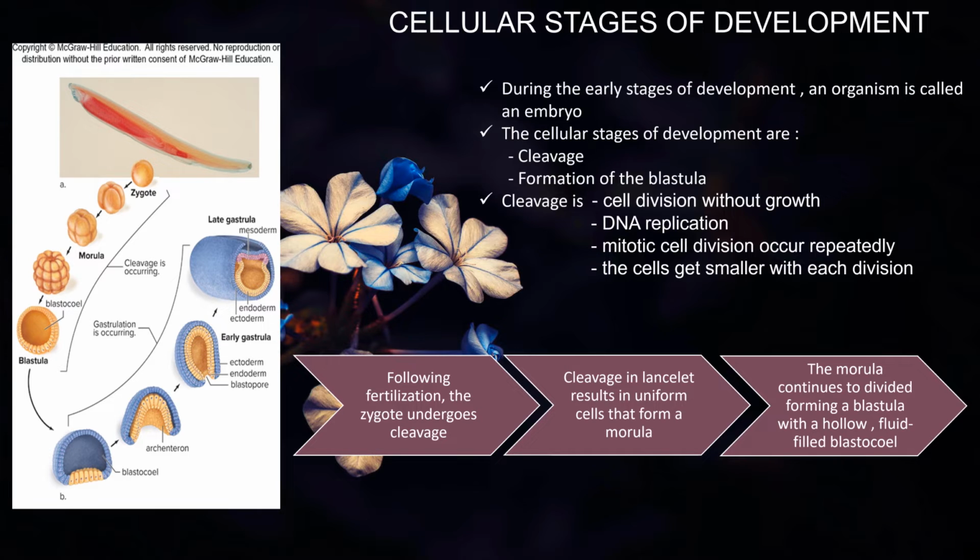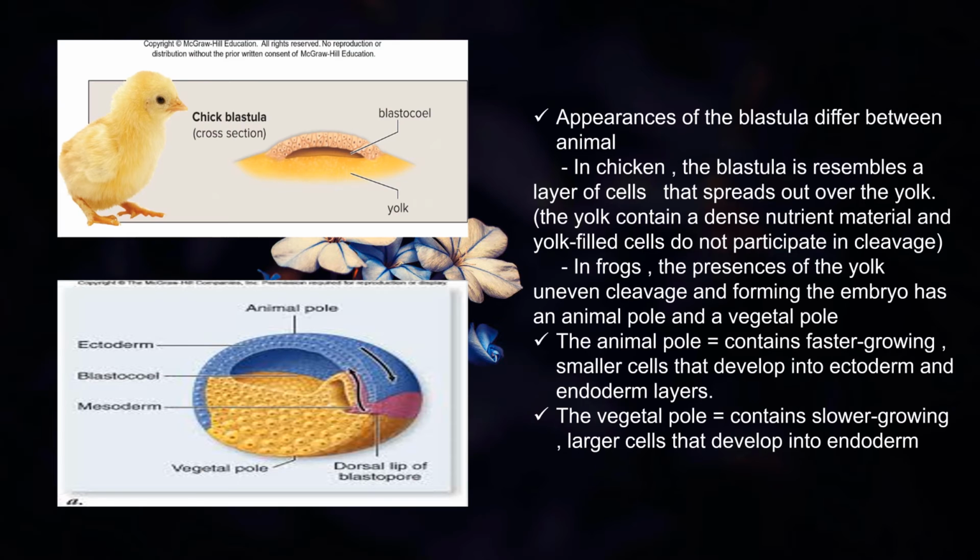As you know, the blastocoel forms when the cells of the morula extrude Na+ into the extracellular space, and water follows by osmosis, collecting in the center. After the cleavage occurs, gastrulation will occur in the tissue stage and it will be presented later. Before that, all vertebrates have a blastula stage, but the appearance of the blastula differs between